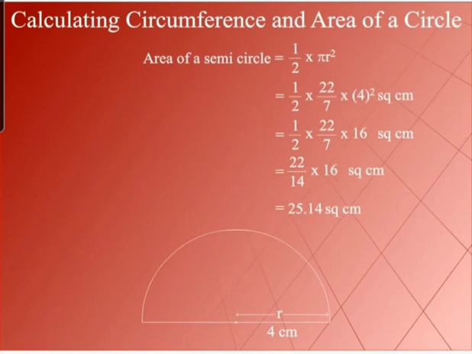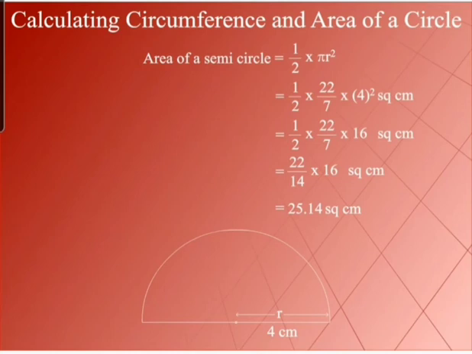So, the formula is half into pi r square. You can substitute the values. Pi is always constant, so you can put 22 upon 7. r is the radius of the circle. Whatever is given, you can write down that. And by doing the final calculation, you can find out its area.